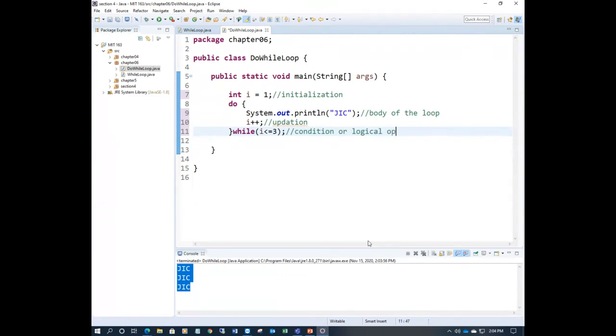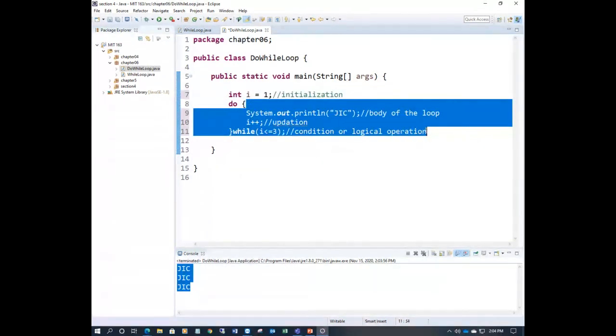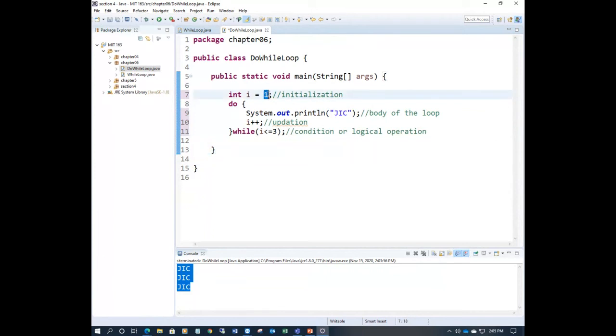When I say logical operation, make sure that it always returns a boolean value. These are the important things for any loop statements. Initialization takes place only one time. These other things will repeat, based on the initial value, right?